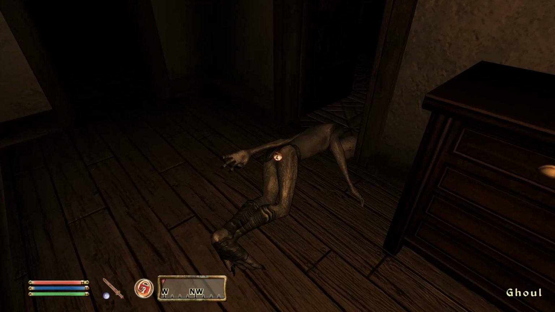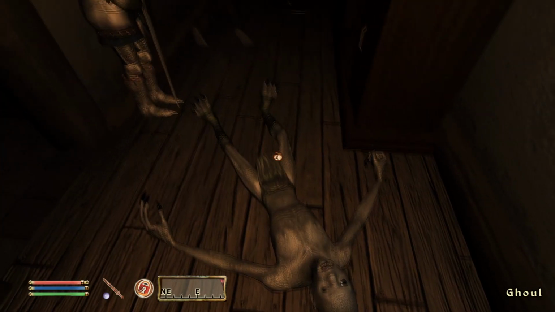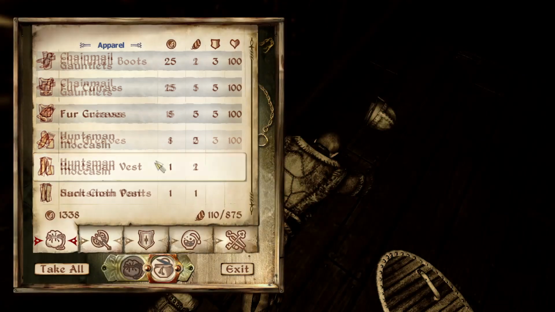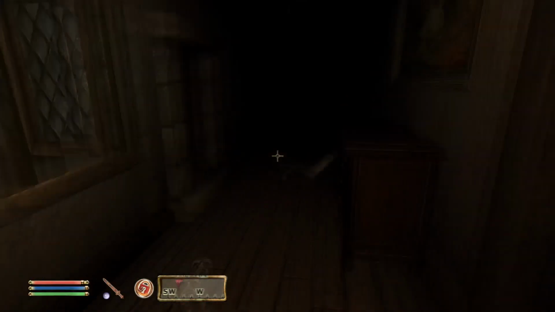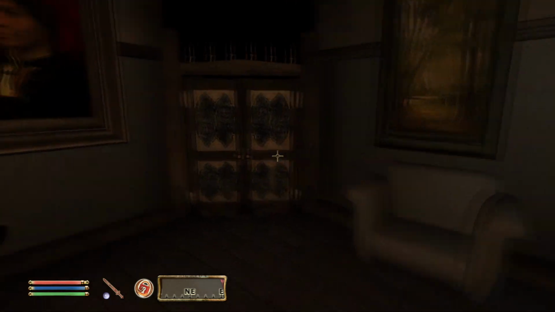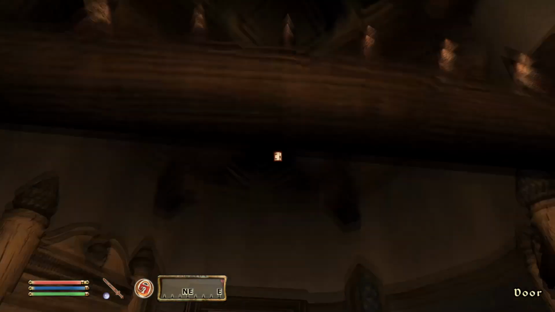Once you're in, you'll find a ghoul here. Ghouls don't carry anything, so don't really worry about it. Another ghoul here. The guard died. Very sad. Indeed. I actually haven't explored this area in a while. Yeah, there's nothing in here. Not a ghoul in the ceiling or something like that. That would be a